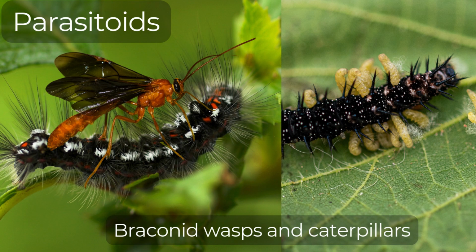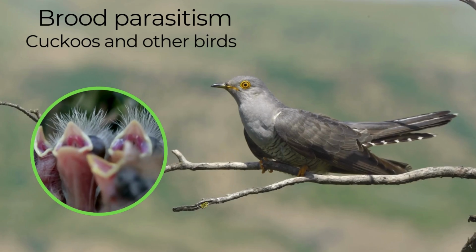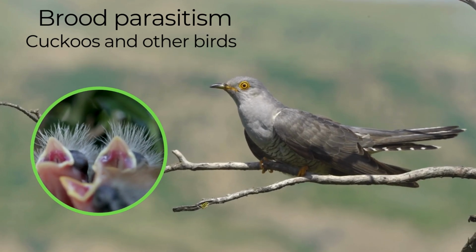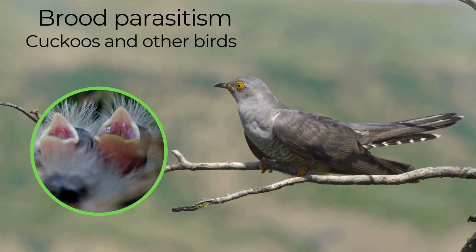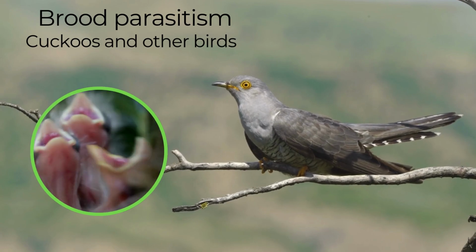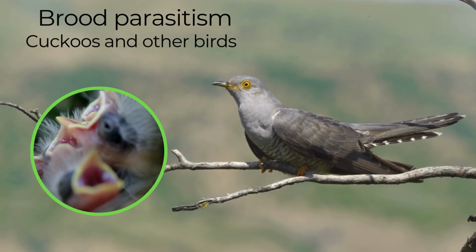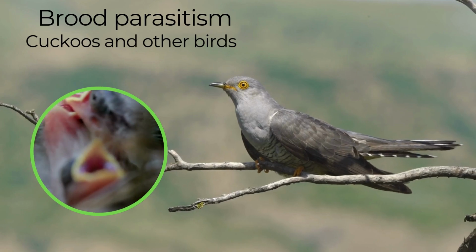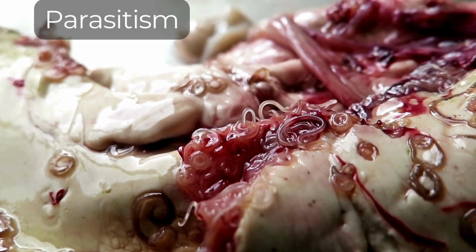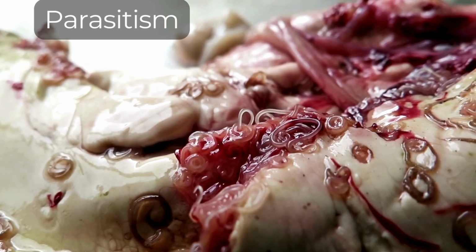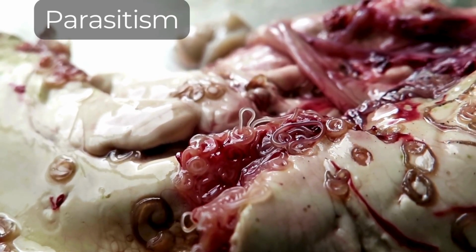Braconid wasps lay their eggs inside caterpillars, and the larvae feed on the host from within. As they mature, they consume the caterpillar, eventually killing it. Some bird species, like cuckoos, practice brood parasitism. They lay their eggs in the nests of other bird species, often removing the host's eggs. The host birds then unknowingly raise the cuckoo chick, which may outcompete the host's own offspring for food and attention. Parasitism can have a range of impacts on the host, from minor health issues to severe diseases and sometimes even